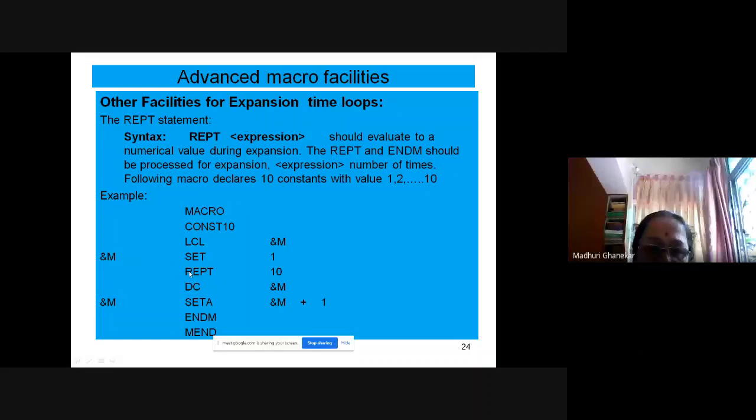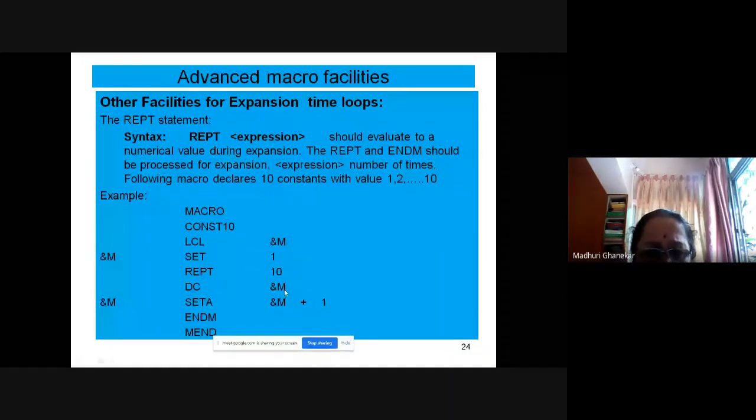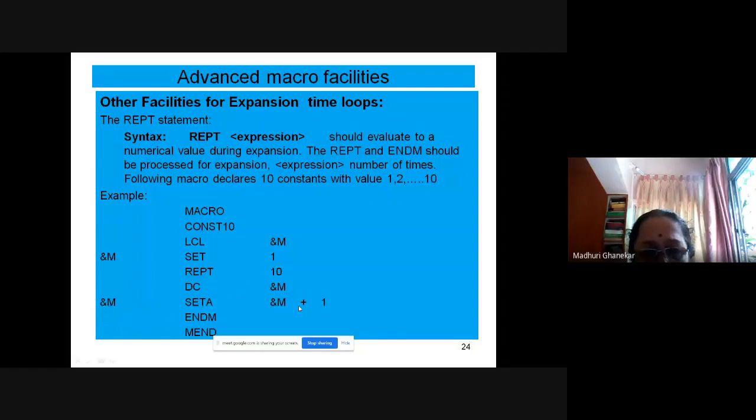Now inside this REPT and ENDM you will observe two statements: DC &M, which means declare constant &M, where &M is an expansion time variable, and &M SET &M plus 1, which increments the value of M by 1.